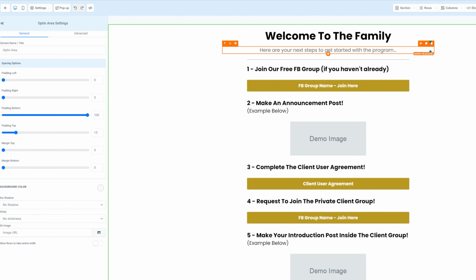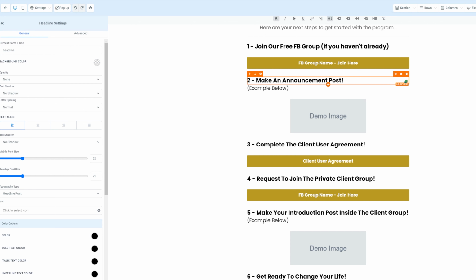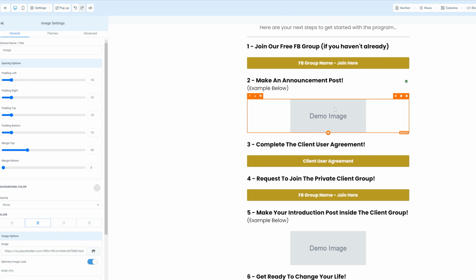So welcome to the family. Here are your next steps to get started with the program. So join our free Facebook group if you haven't already. So you would link to that there. Make an announcement post. So you will see an example below. So make an example post so you can add an example like what you want them to say, like, hey, my name is variable Josh, and then insert background, blah blah blah, why you are excited to join the program, etc. So you can include a variable text option like there where you just show them what to say, or if you have an example of other clients joining and showing it, you can include some examples of their announcement